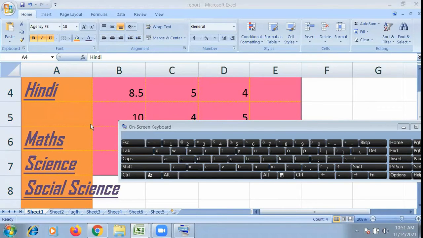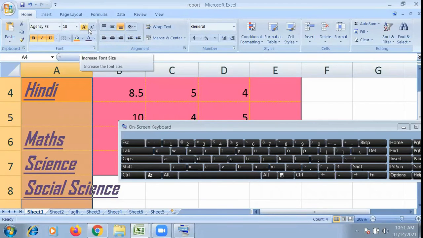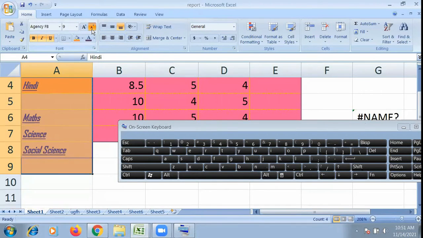Okay, now. Whatever we were able to do with the text in Word, we can apply the same here, because the font group is the same as it was appearing there. Now alignment, it is a little different, but this alignment can be used in vertical form and in horizontal form. Suppose I have selected it. If I give this alignment, let me decrease the size of the font, then only we will understand.